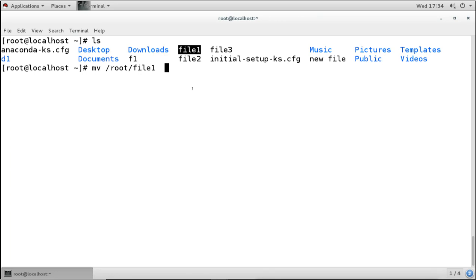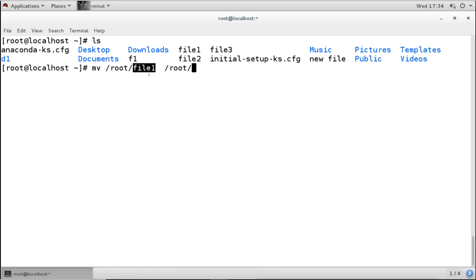Now for renaming the file, I will use the same source and destination. That means I am moving the file from the same directory to the same directory. So the source directory is the same, and the destination directory is also the same. I will only change the name of the file.